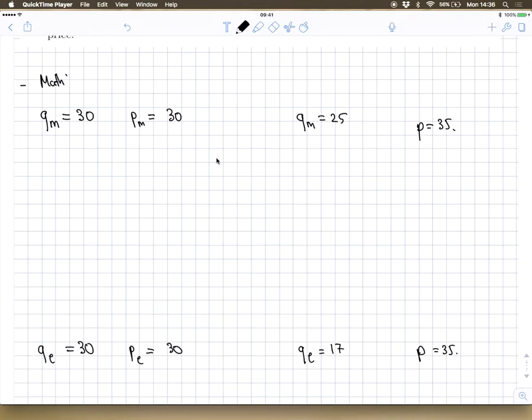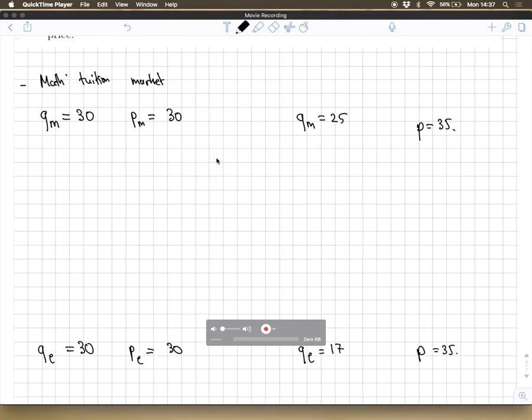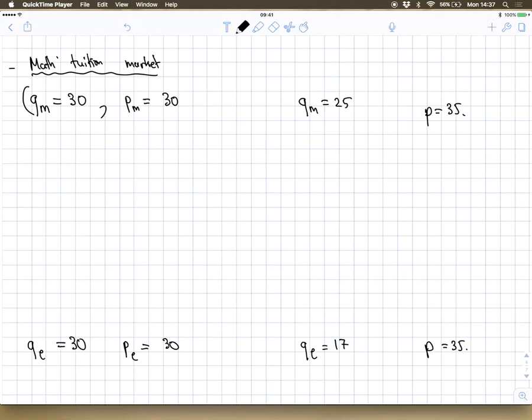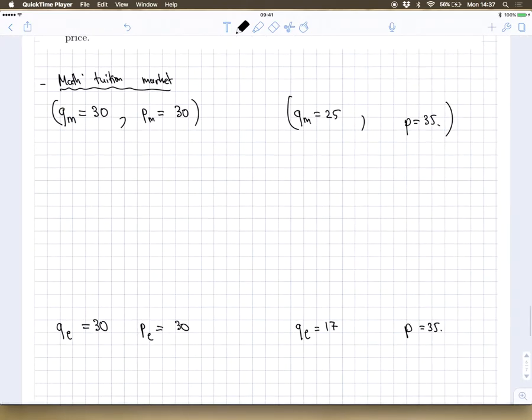Math tuition market. And really the only thing that I have is 2 data points. That's the only thing that I've been given. And what am I being asked for? For the optimal price and quantity. As simple as that. So my steps are going to be